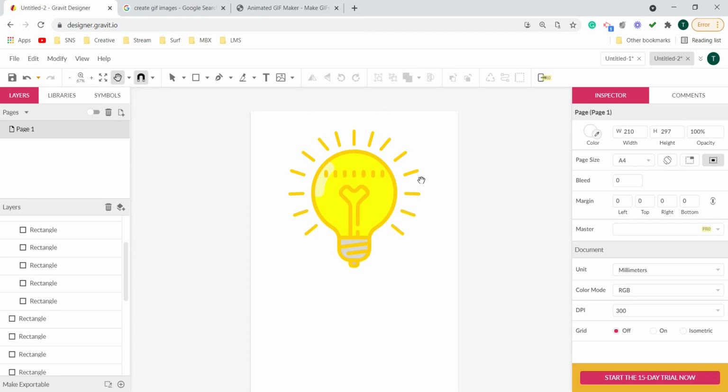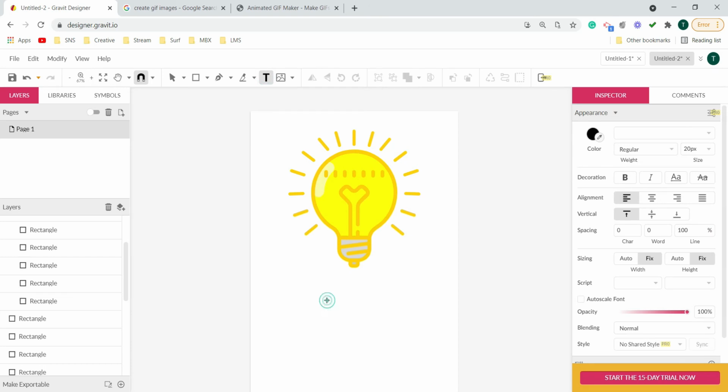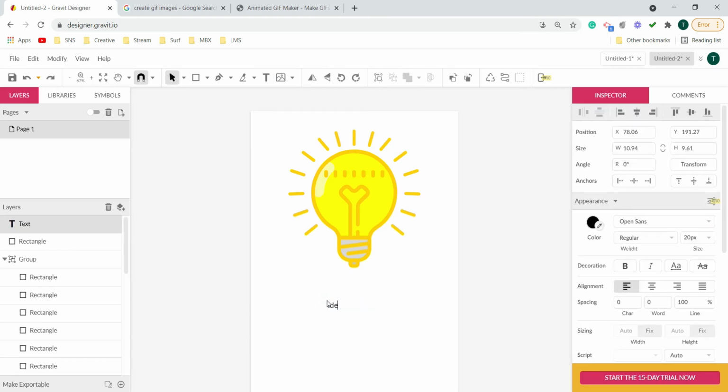Now the last thing which I want to do over here to complete this animation, I want to add a text. So I'll take a text and I'll write idea, and I'll place it into the center aligning with the bulb, and let's increase its size a bit.